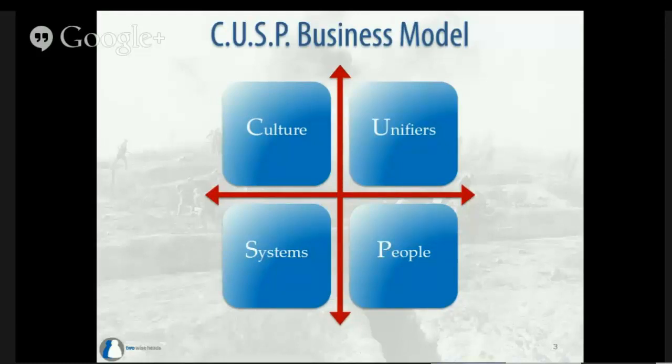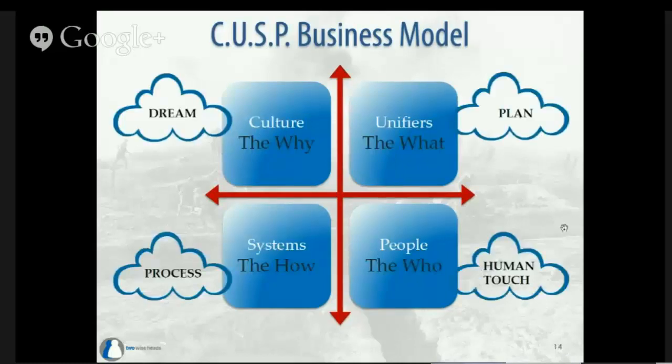So I've put this CUSP model together. It's my culture, unifiers, systems, and people model, as you can see on the screen, which guides business owners in a structured way through the different key aspects so that they're easier to visualize, manage, and then implement. The CUSP model is a quadrant model that visually and practically helps organize your thoughts and actions for a successful business. It comprises 4 areas which are completed essentially in order of the model, but while keeping a close eye on how they all integrate together.